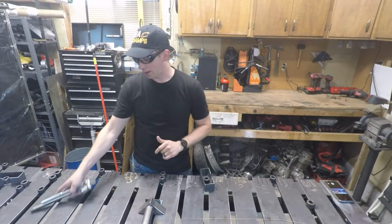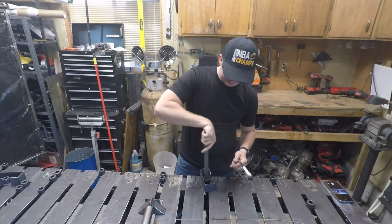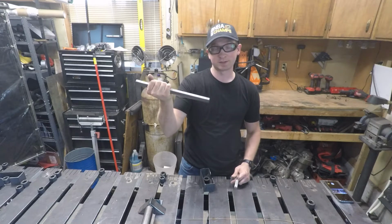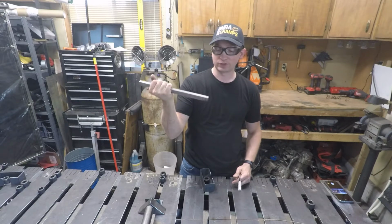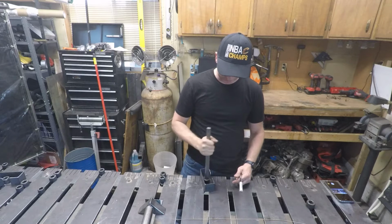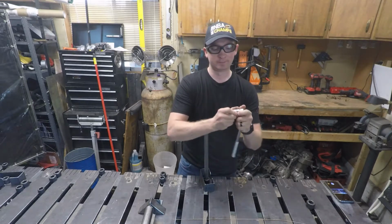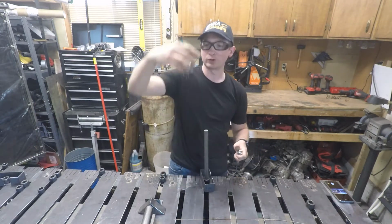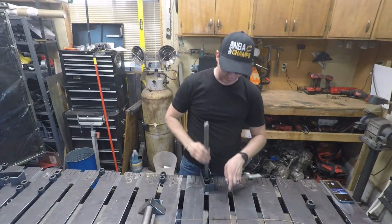The next thing we need to make, I bought some hex bar that fits inside here. So I bought this for like 12 bucks, and a 3/4 inch Allen key was $16. So I bought this foot piece of hex stock from McGregor, and I found an old socket, and it's not even straight anymore. I don't know if you can see that. I'll do a close-up. Anywho, I'm going to cut a 2-inch chunk, and we're going to clean this up, and